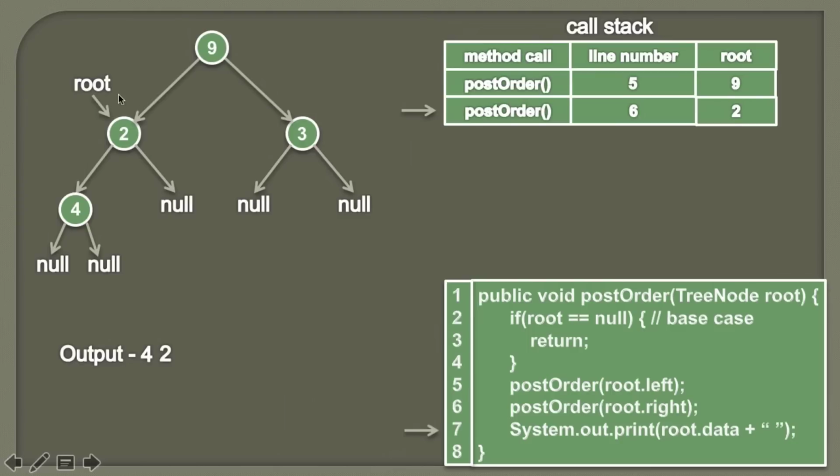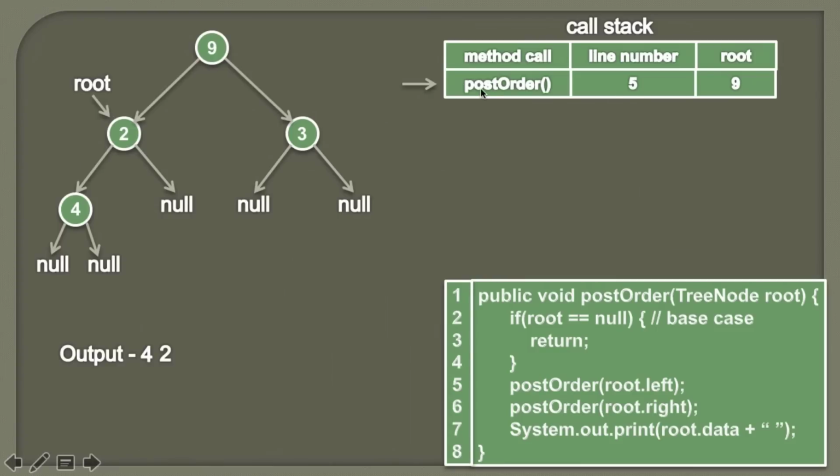So friends, here you can see, before processing of the node 2, we first completely visited its left subtree and we printed node 4, and then we visited its complete right subtree, which was actually null, and then we actually visited the node 2. So it printed something like this, 4 and then 2. Moving ahead. So at line number 8, we know that this post order method is being executed completely. So therefore this would be removed from the call stack. And the point of execution reaches to this post order method.